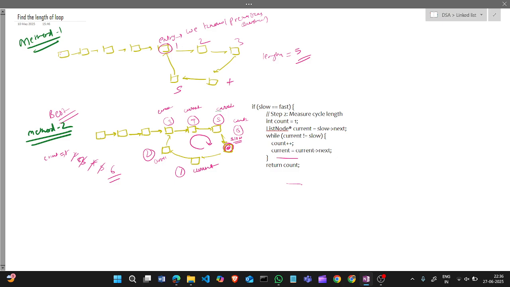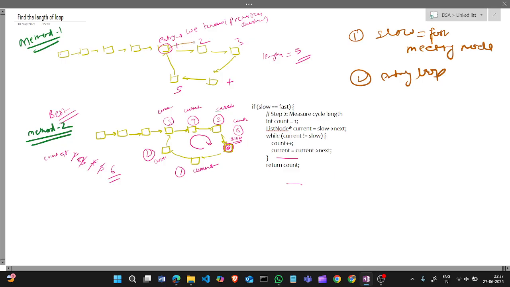What we did in the last one was first find where slow equals fast, which is the meeting node, and then find the entry point of the loop. Then from the entry point we run around again and count the number of nodes. In this way we can find the number of nodes in a cycle, and the second method is good.